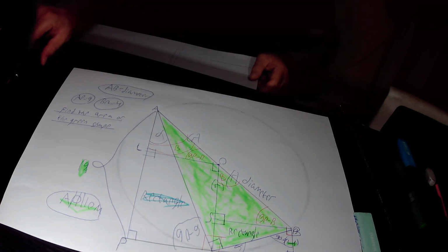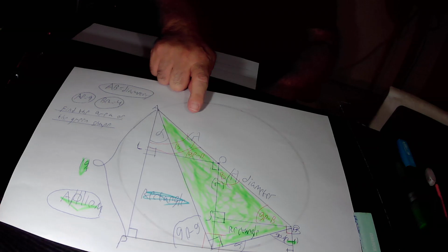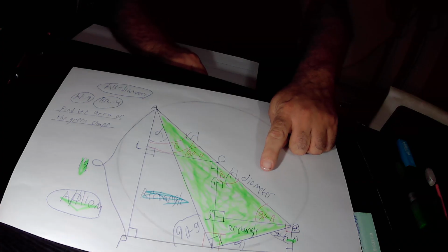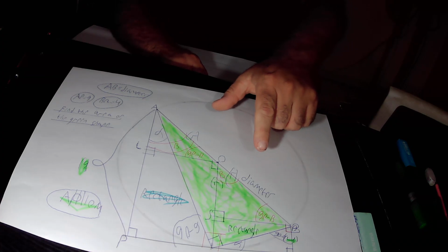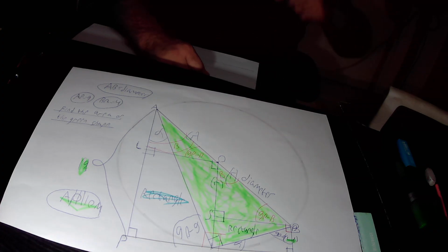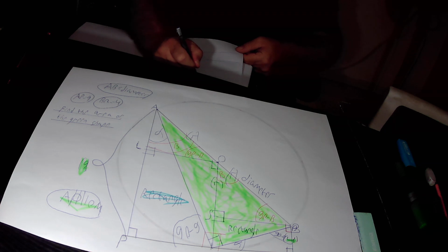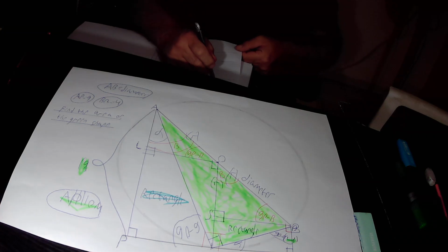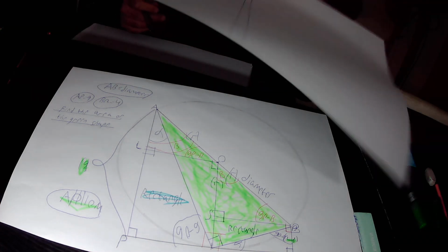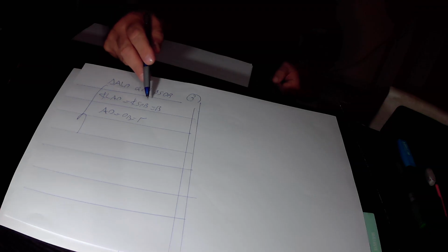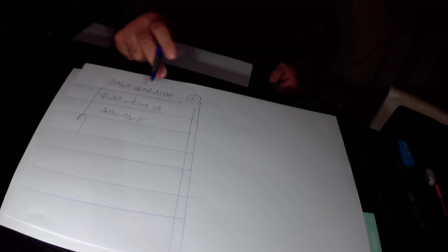In addition, side AO of the right triangle ALO is equal to side OB of this right green triangle OSB. They both are radii of the circle, which is equal to 1, therefore they are equal to each other. So I write it down: AO equals OB. And finally,